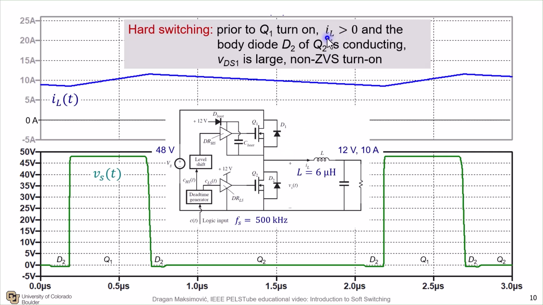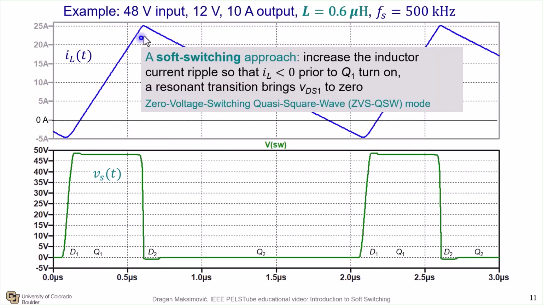Well, how about we think about ways of reversing the polarity of the current just prior to Q1 turn on? How do we do that? In this particular example here, there is a very easy way to do that. We can simply make the inductor current ripple be large enough so that prior to turning on Q1, we reverse the polarity of the inductor current, and we use that negative current in the inductor, energy stored in the inductor,